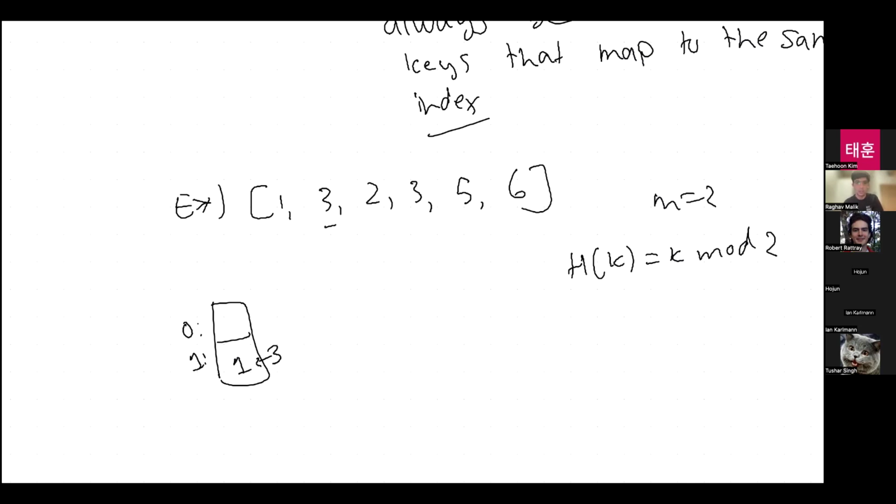Okay, this was bad. Let me replace this with a 5. Pretend that's a 5, right? 3 was actually the answer. But if this is a 5, it hashes to the same place that the 1 hashed to. And now I think I found the duplicated element because, hang on, one moment. There we go. Okay, the 5 and the 1 hash to the same spot. So I think I found a duplicated element when in reality I haven't. It's just they happen to hash to the same spot, right? This is bad.